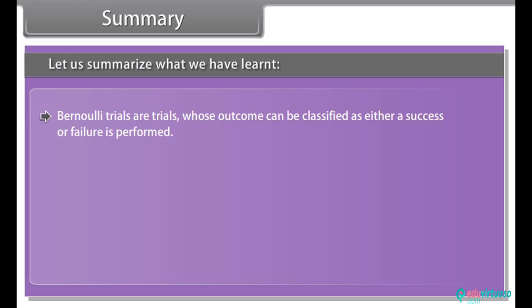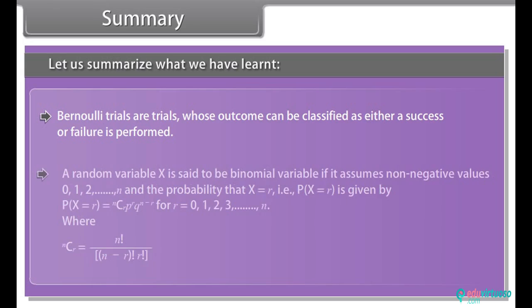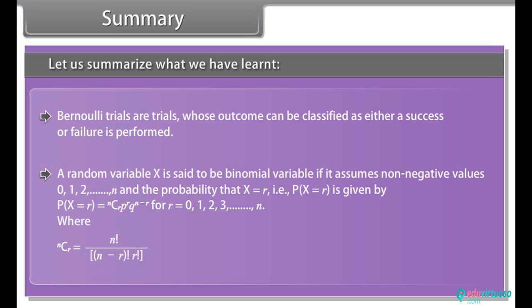Bernoulli trials are trials whose outcome can be classified as either a success or failure. A random variable X is said to be a binomial variable if it assumes non-negative values 0, 1, 2 and so on till n, and the probability that X is equal to r, that is, P(X = r), is given by